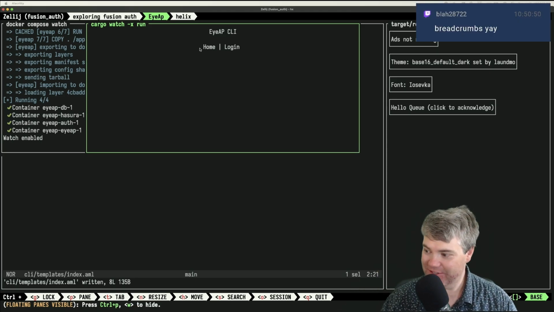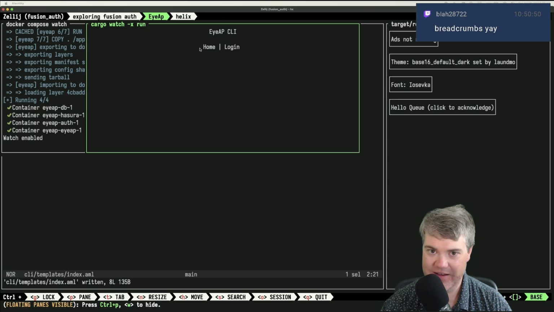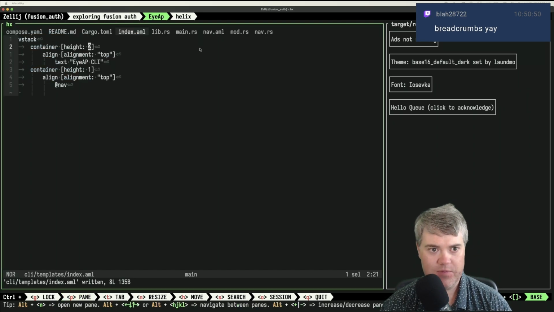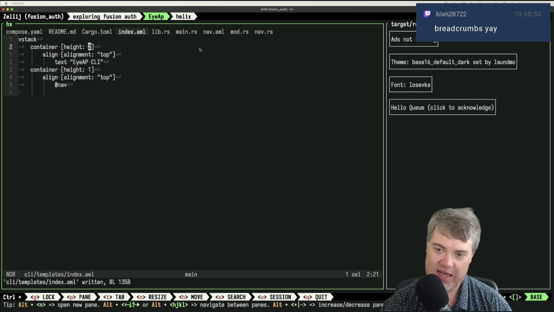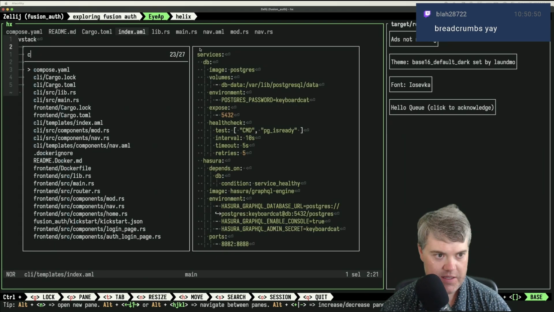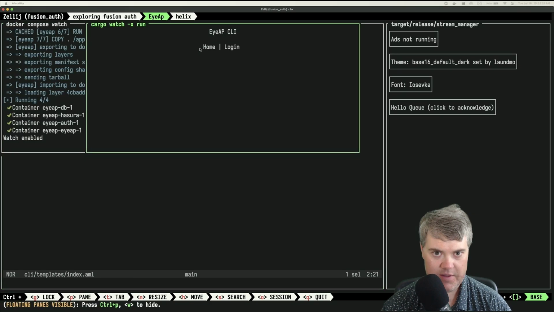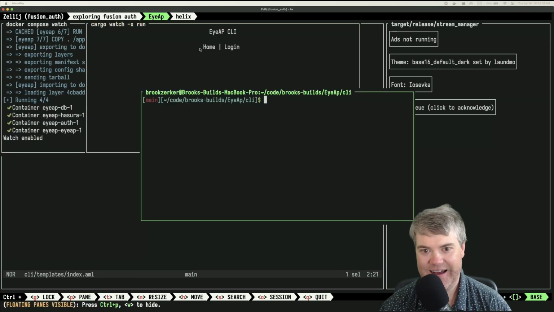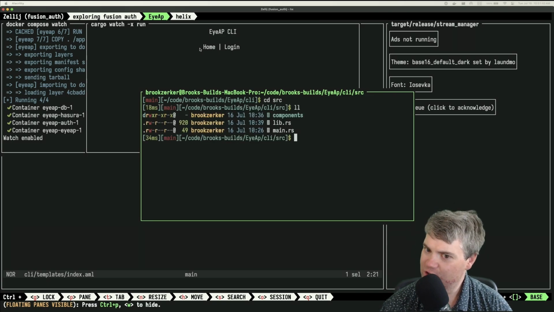I know breadcrumbs, although I don't know if I'm actually going to do breadcrumbs fully in this case. Let's see. So where do I want to put something like this? I'm thinking an enum for where our current route is. And so in CLI, I kind of want to create another panel down here. Let's see, in CLI, I want to maybe just create a route. Oh, I could create a router